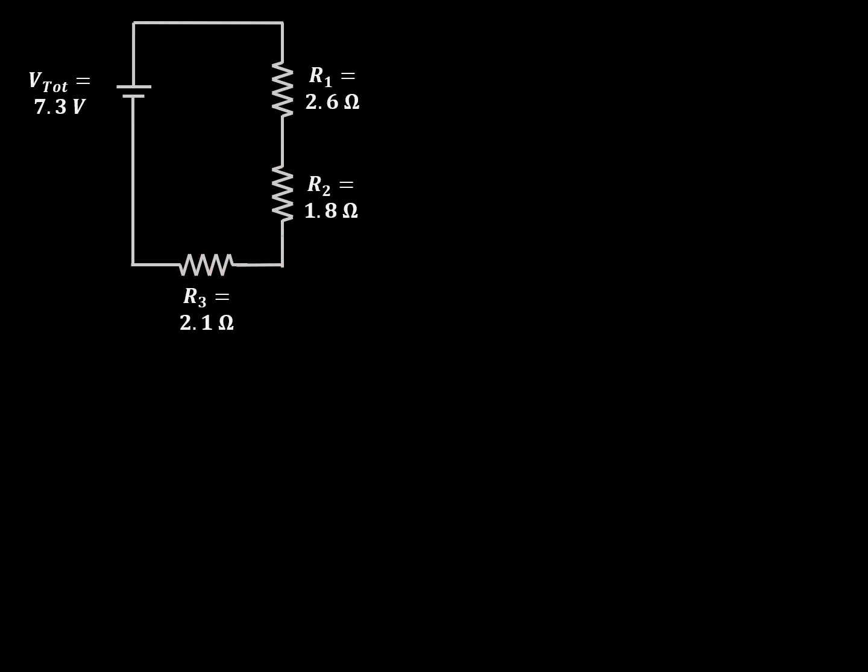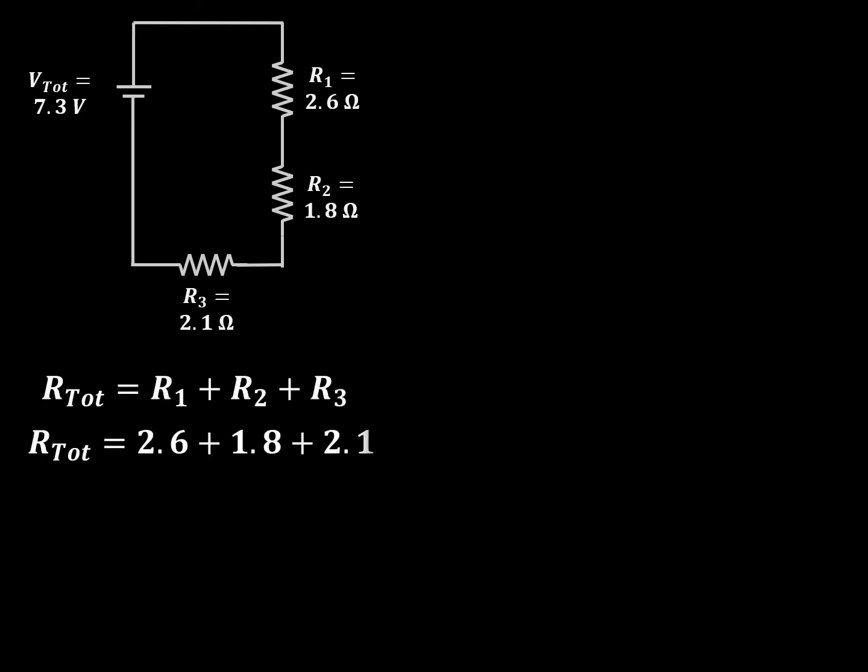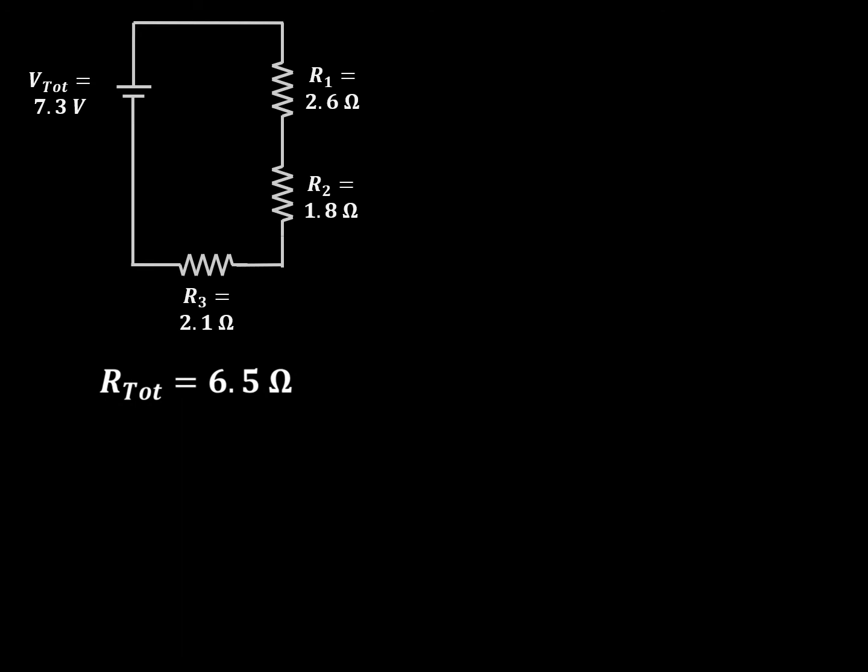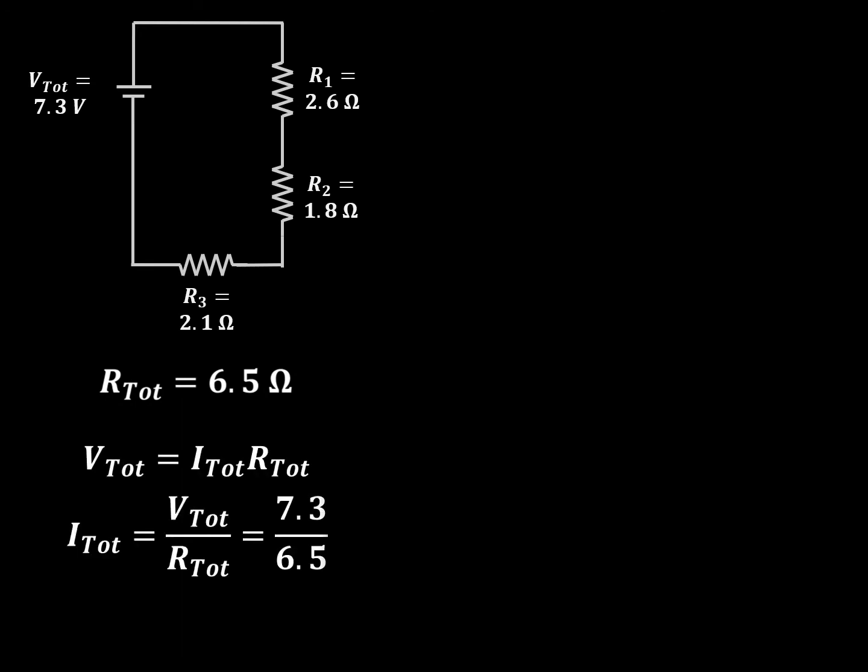So in order to determine the total resistance, we're simply going to add all the resistors together. In series, we add the resistors, so we get a total of 2.6 plus 1.8 plus 2.1. That gives us a total of 6.5 ohms. So that's our resistance. In order to find the current, we take the voltage and divide it by the resistance, and that's going to be 7.3 divided by 6.5, and we get a total current that's going to be equal